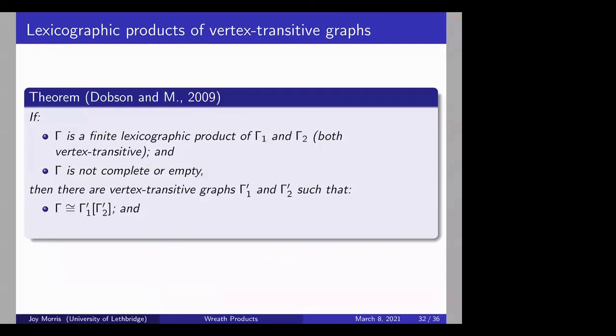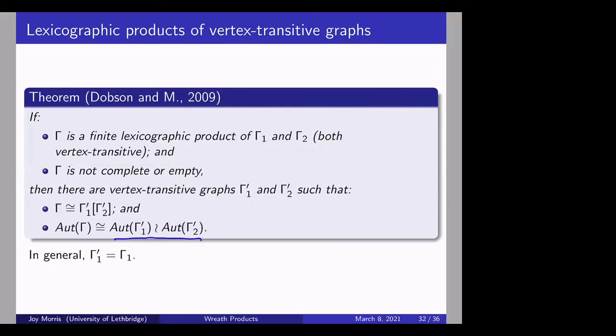So we could have chosen instead gamma 1 primed and gamma 2 primed instead of gamma 1 and gamma 2, so that our graph gamma can also be written as the lexicographic product of these graphs instead of the graphs we started with, and its automorphism group is the wreath product of the automorphism groups of these two graphs. Generally speaking, it works with the graphs we started with, but sometimes you might have to make a different choice.